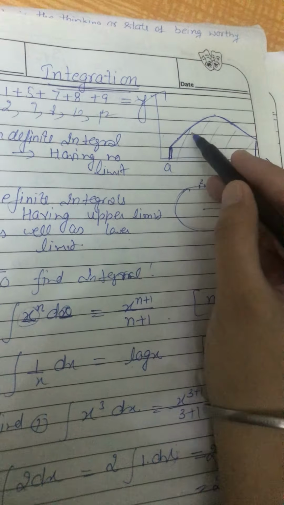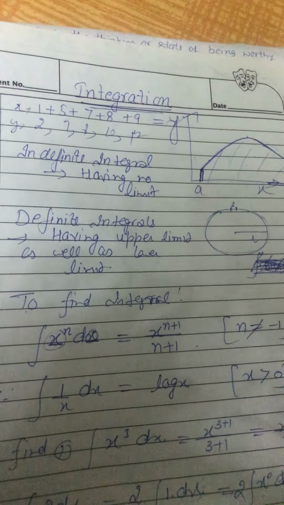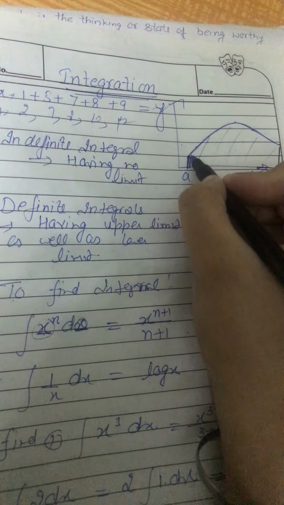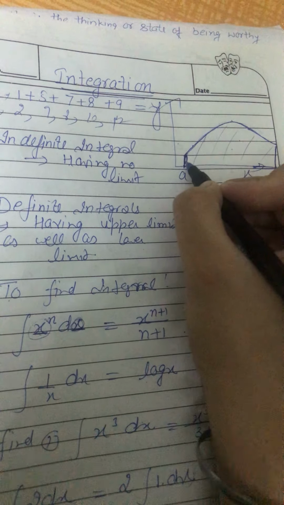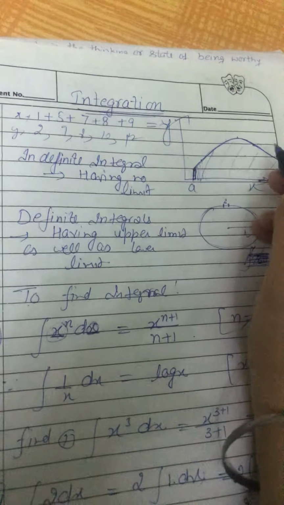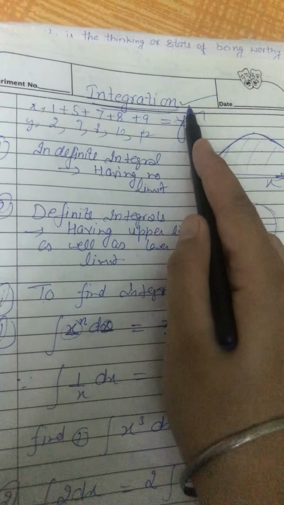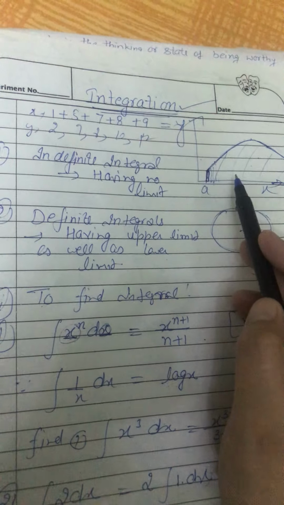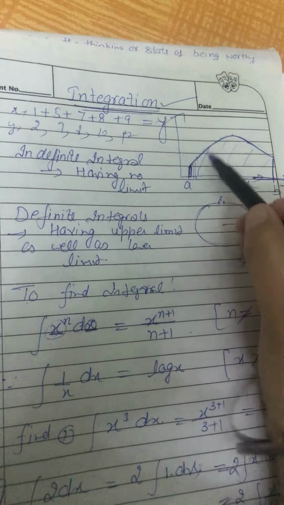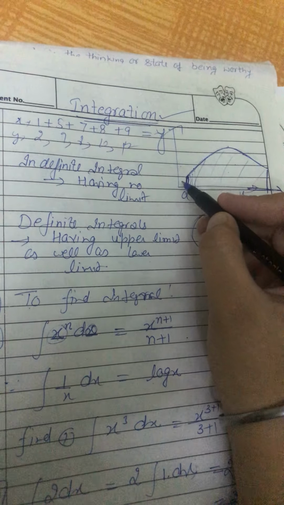So specifically what we do, we take very small rectangles, because for a very small distance or displacement this curve is straight. Every curve is straight for a very small part. Okay, so we will find the area of rectangles drawn like this, and then we will add them to find the area under the curve. But integration gives us a simple mathematical operation to find the addition, that is the area under the curve, or whenever we want to add something that is continuous in nature.